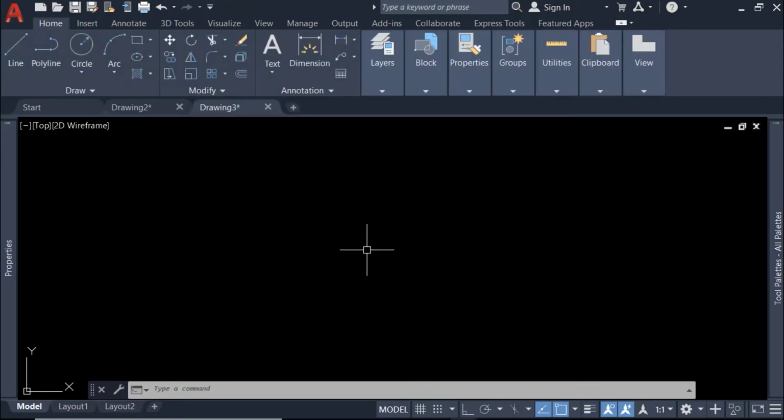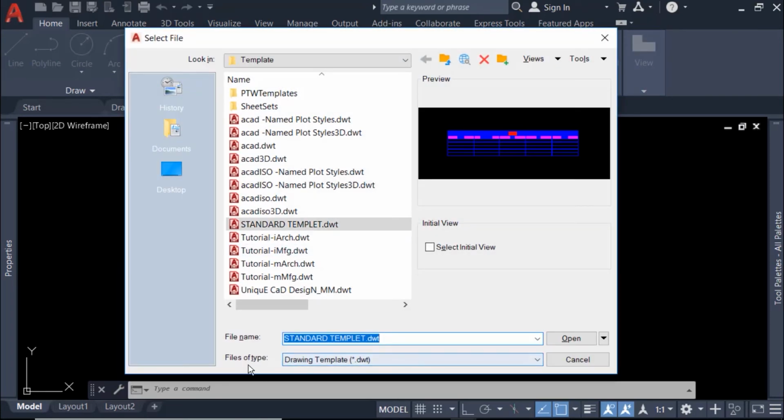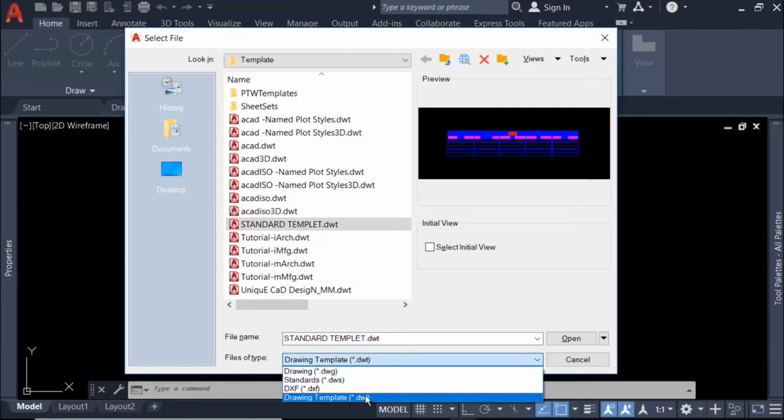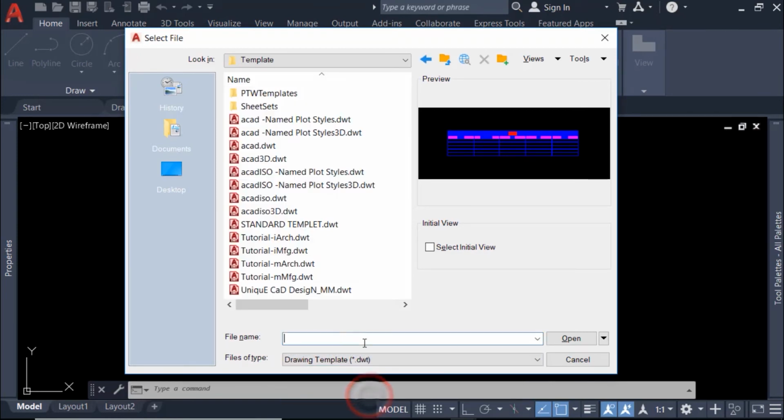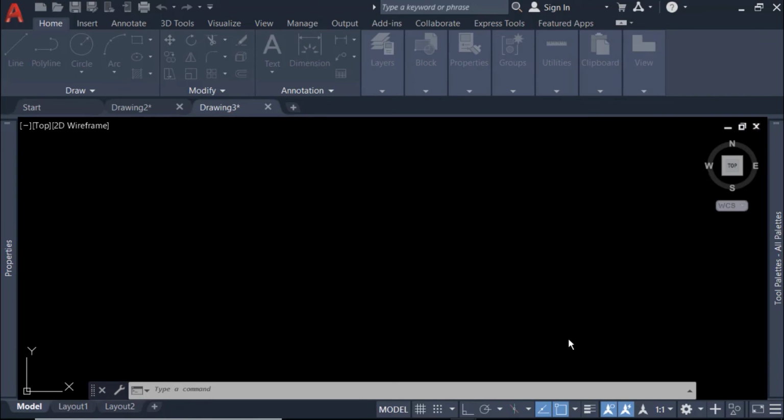If you are already using a drawing template file, now I will show how to update the new setting to the existing drawing template file. Press Ctrl O, and here in file type, select drawing template .dwt. It will take you to the drawing template folder, and select your drawing template and click on open.